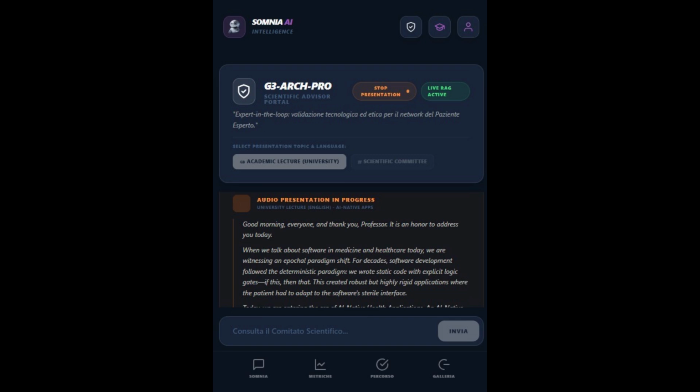Second, ethics and explainability. Under regulations like the European AI Act, you must be able to justify why your model generated a specific advice. Grounded RAG architectures are the only way to guarantee this level of compliance. Third, data sovereignty. Protecting patient privacy while leveraging large-scale models requires hybrid architectures where identifiers never leave secure local sandboxes.